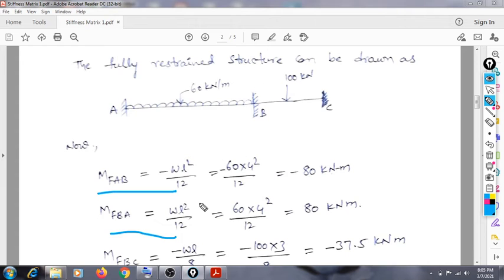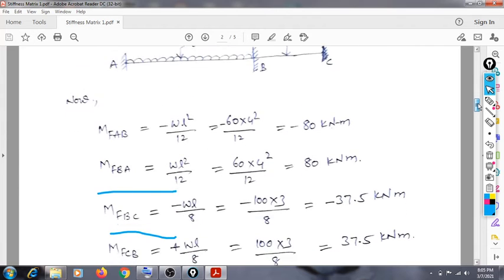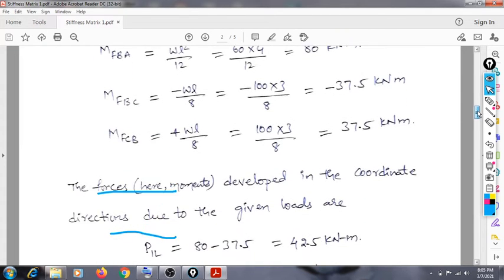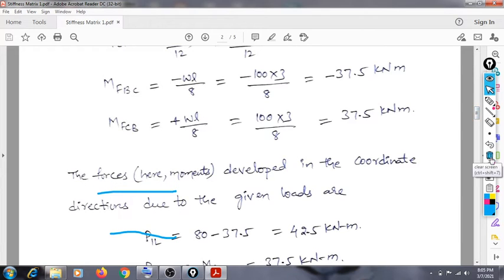And MFBC we have minus WL by 8, and MFCB as plus WL by 8, as a common thing, right? So this is what we know actually. And the forces here we have to consider as moments. The moments can also be called forces, and forces are also termed moments in the stiffness and flexibility matrix method. The forces developed in the coordinate directions due to the given loads are